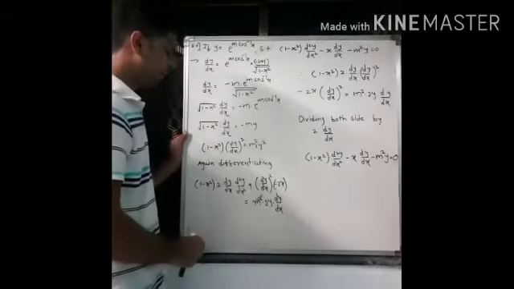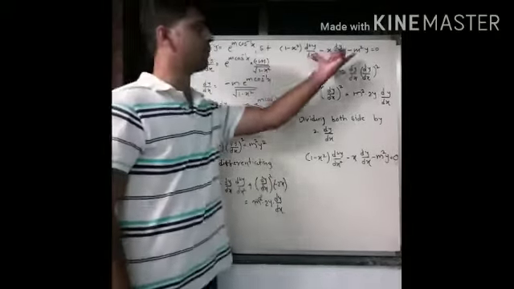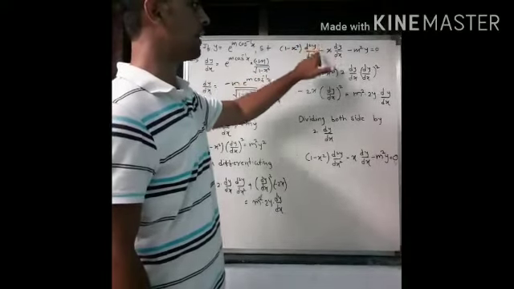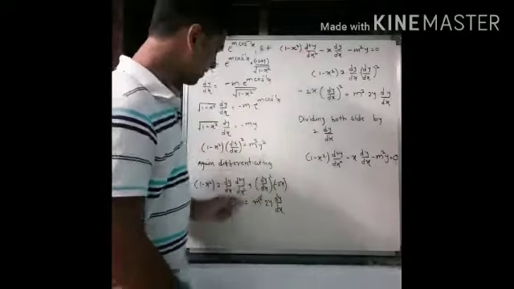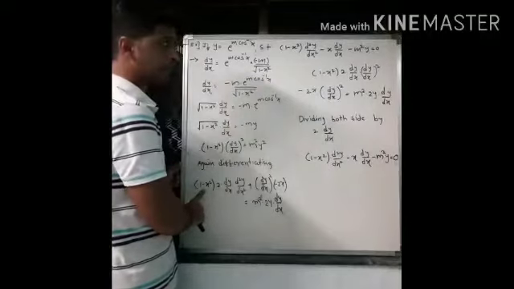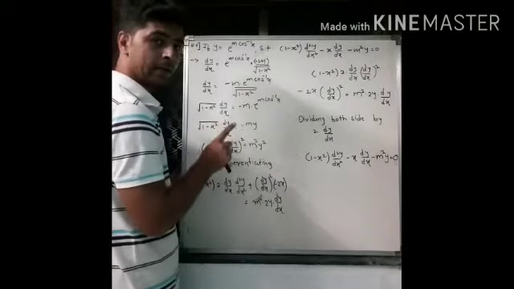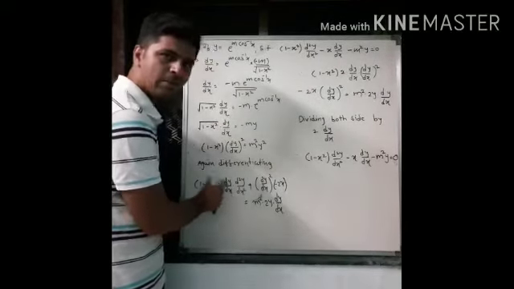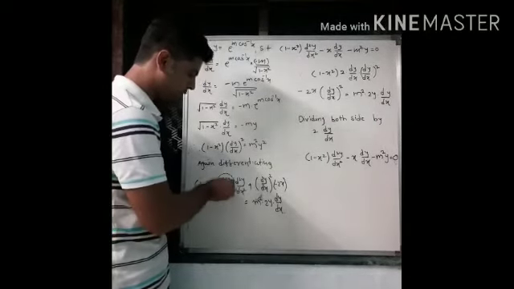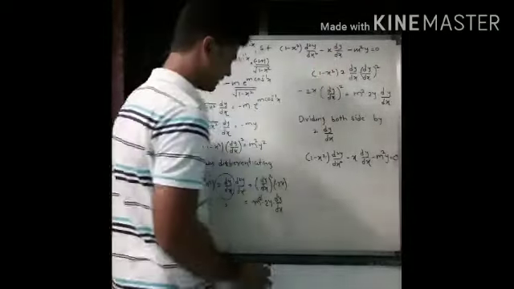Okay. Now if you see all these terms, check what we have to show. Here we want to show 1 minus x square into d square y by dx square, right? Check this first term and this first term. We want 1 minus x square, we have that 1 minus x square. We want d square y by dx square, we have that d square y by dx square. But we don't want this extra 2 times dy by dx, right? So we don't want this term, correct?